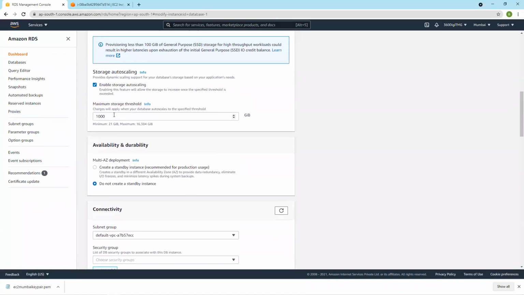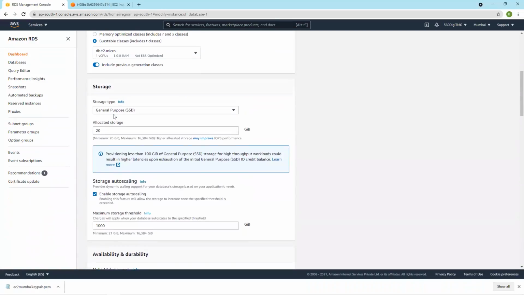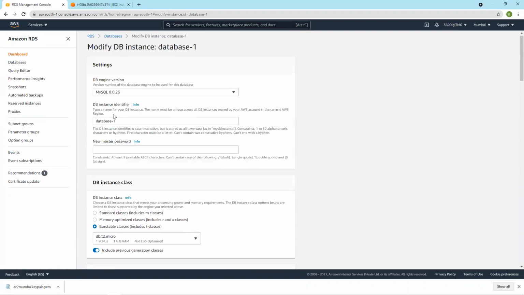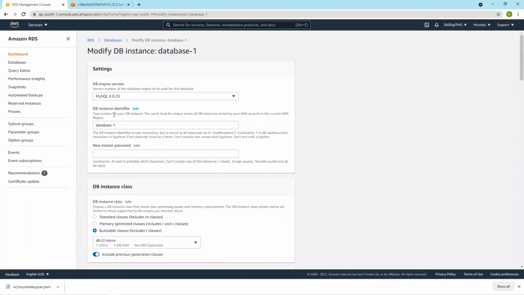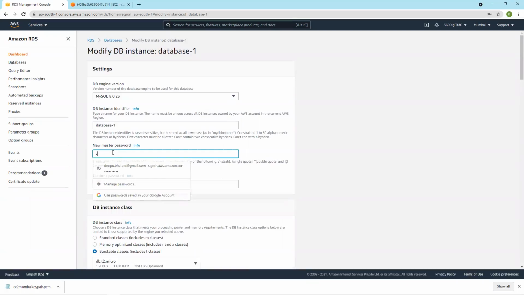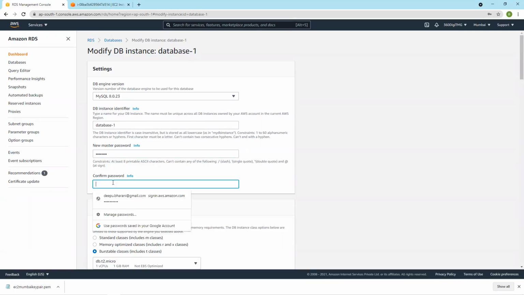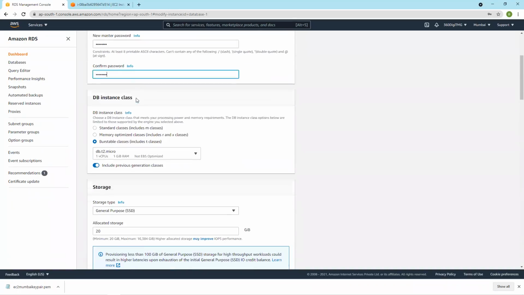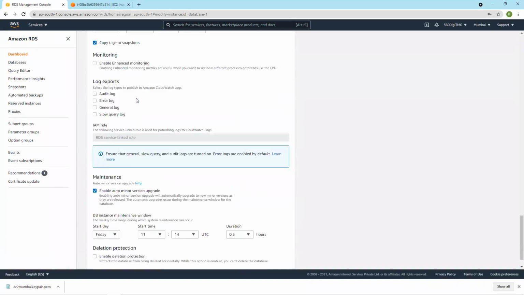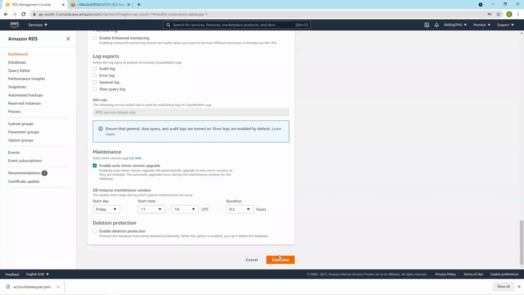Change the master password, and continue.